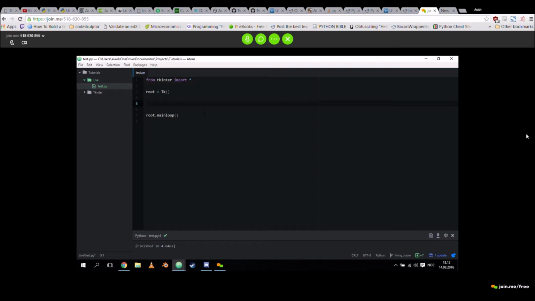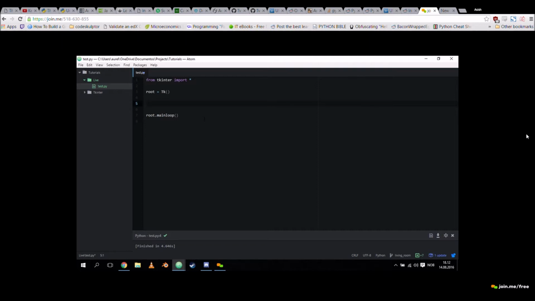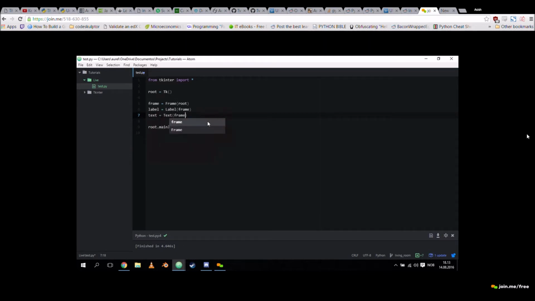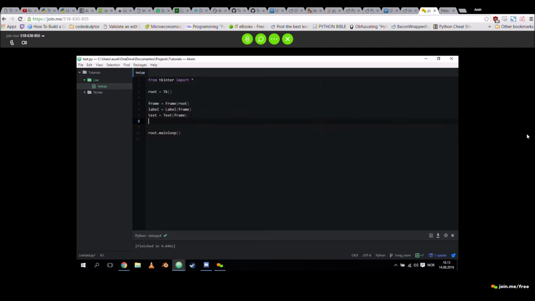But we need to put a window around it, and a window is called a frame. So check this. So this is the general workflow of building a Tkinter app.